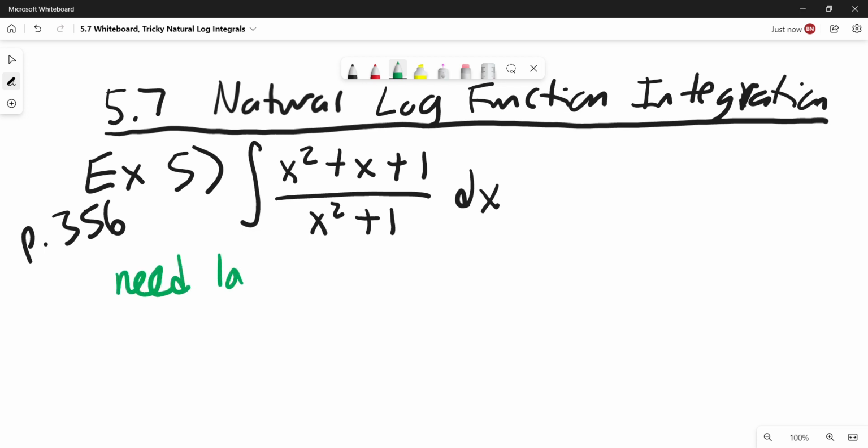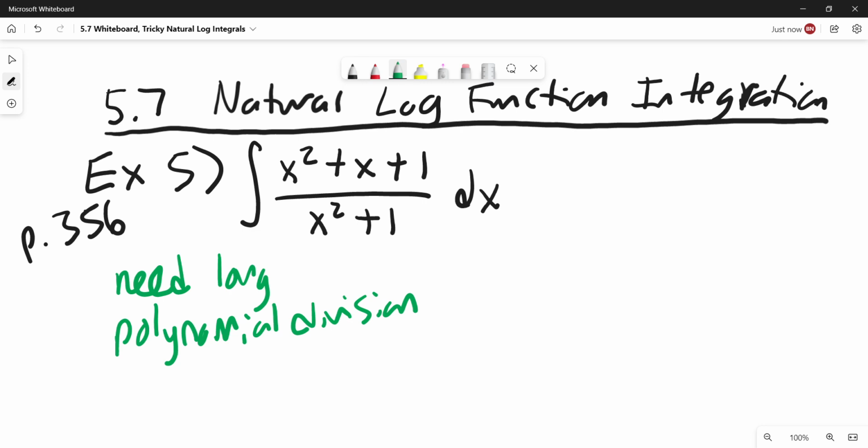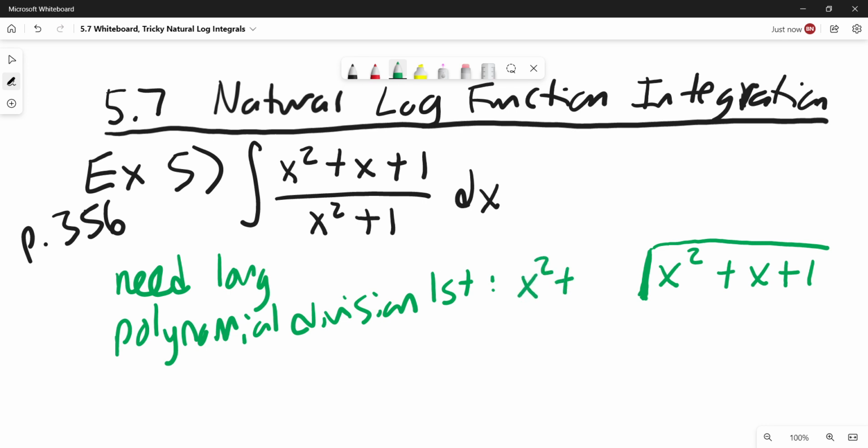So we actually need long polynomial division first. All right, to do that, we take the top, x squared plus x plus 1. Remember, if there are any missing powers of x, you have to put a 0. Out here on the outside, we're dividing by x squared plus 1. We can't just put x squared plus 1. We have to put x squared plus 0x plus 1. The book doesn't do that, but